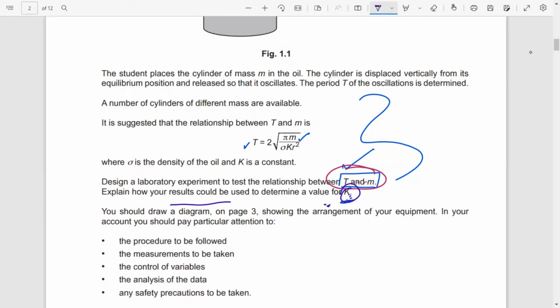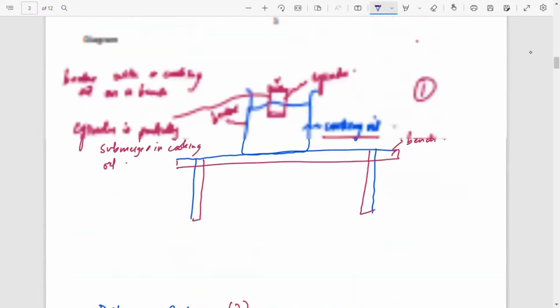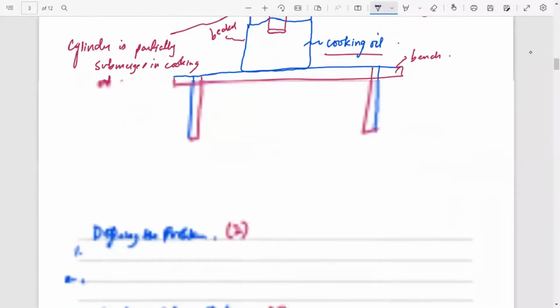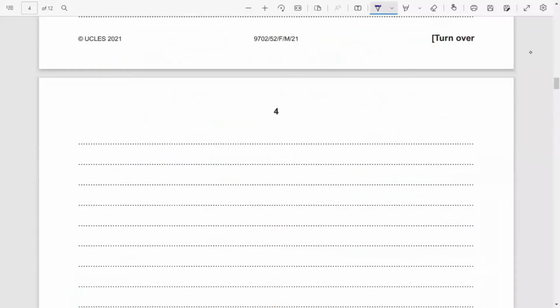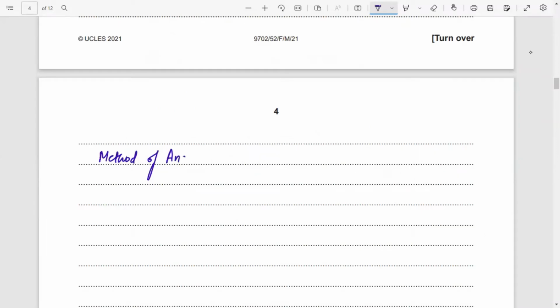ये एंड पे यूज योर रिजल्ट्स, ये आपने मेथड ऑफ एनालिसिस में फाइंड करना होता है। 3 मार्क्स टोटल आपका है। What you are gonna do is you will go back to the equation. आपने मेथड ऑफ एनालिसिस में you have to go back to the equation. The equation is T is equal to 2 under root pi m over sigma k r square. Total 3 marks का है। एक नंबर मैं बताता हूँ किस तरह से डिवीजन होगी मार्क्स की।